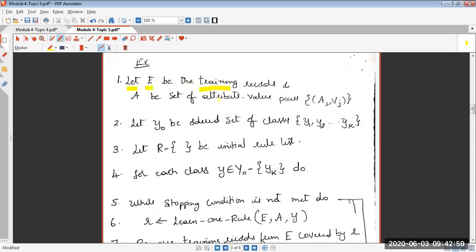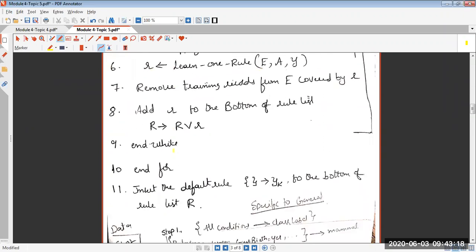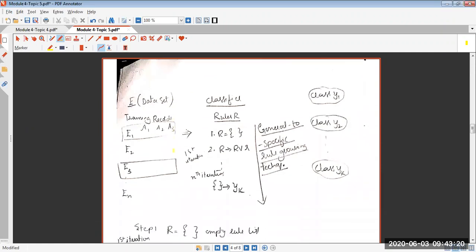Now, the author who has demonstrated this algorithm has used a few notations. We need to understand this. All the training records that are present will be labeled as E. He has labeled it as E. It is not like you should only use E; you can use any variable there. I have demonstrated this algorithm with the example. You can see here, this is my database.